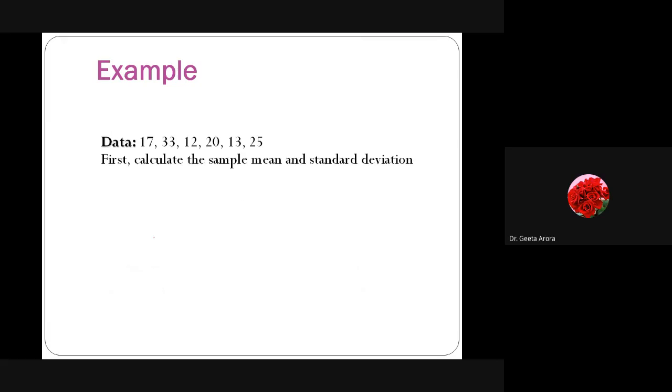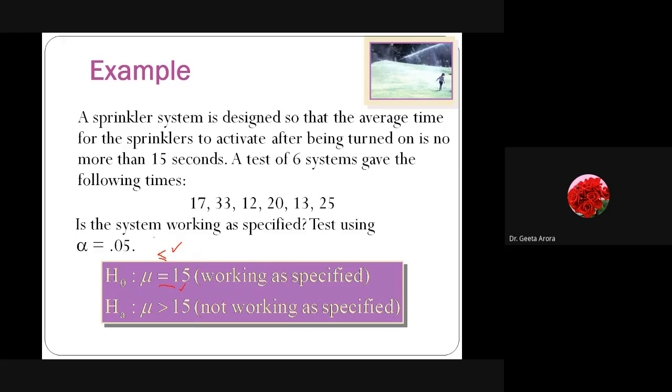Here we are going to use the t statistic, and for the t statistic we have x bar minus mu divided by s by under root n. And here you can see in the question nothing is said about x bar or s. Mu is there, but x bar and s are not. So we have to solve for them first and then apply the testing. So how are we going to solve it?